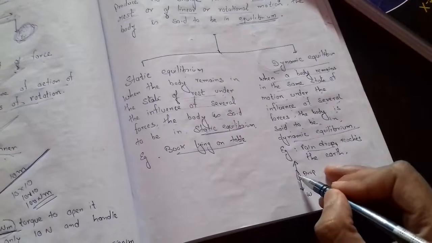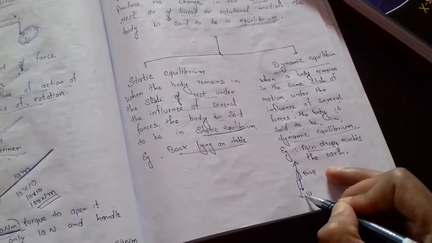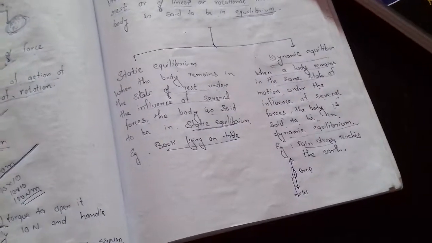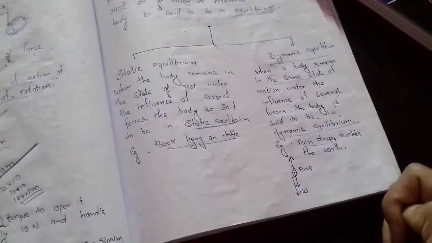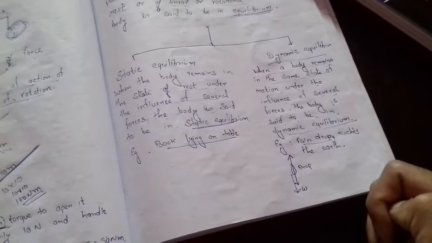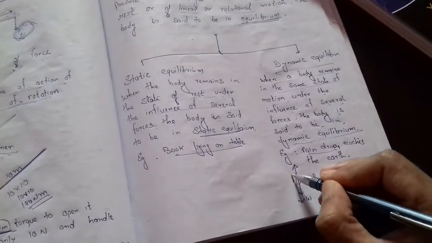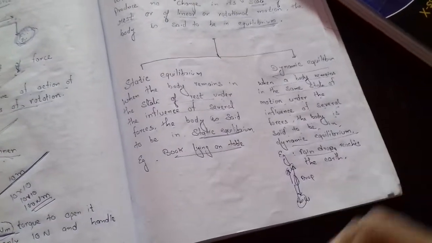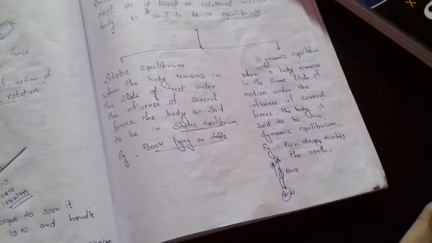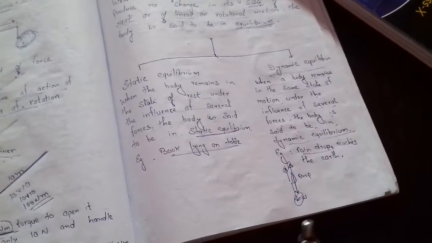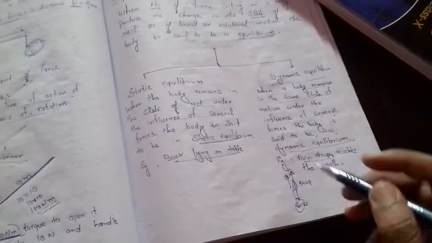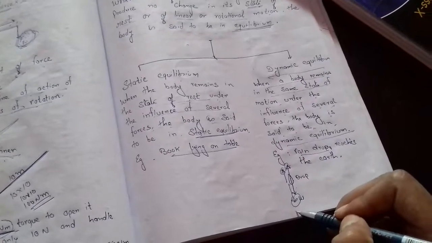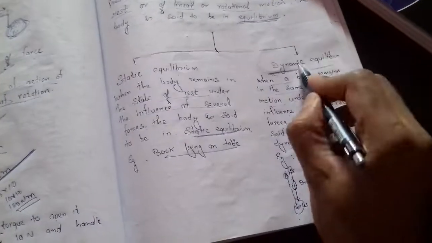Third, when the raindrop falls toward the earth, friction of air works. Friction of air is known as viscosity. Viscosity is also working in the opposite direction of motion. But in spite of all these three forces working on it, the drop reaches the earth with a constant velocity. Therefore, we can say that under the influence of a number of forces, the raindrop remains in dynamic equilibrium.